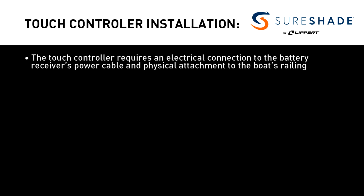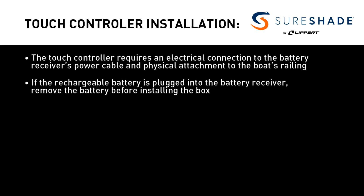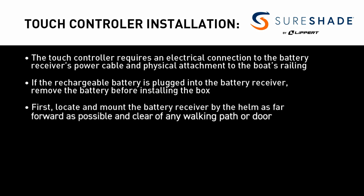The touch controller requires an electrical connection to the battery receiver's power cable and physical attachment to the boat's railing. If the rechargeable battery is plugged into the battery receiver, remove the battery before installing the box. First,